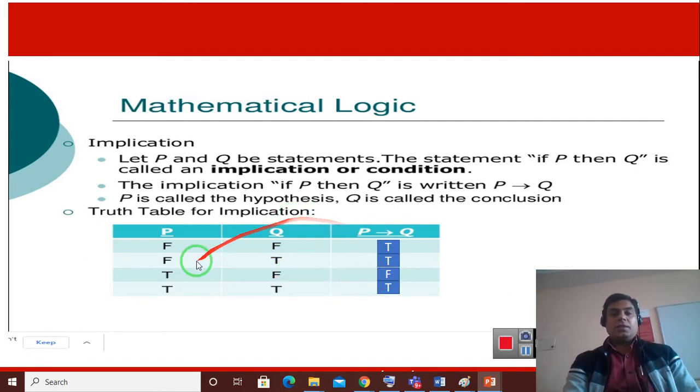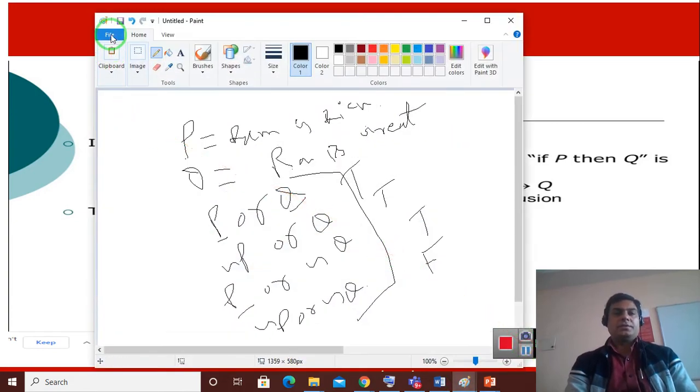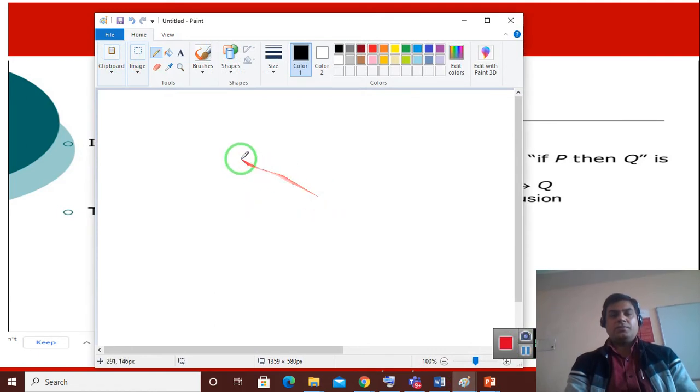How can we say this? If both are true, this is the obvious condition: the result will be true. But why can we say that if both are false, the result will be true? Because we are choosing a simple sentence. If I am feeling hungry, then I will eat. It is a simple sentence, and naturally we can work with it.